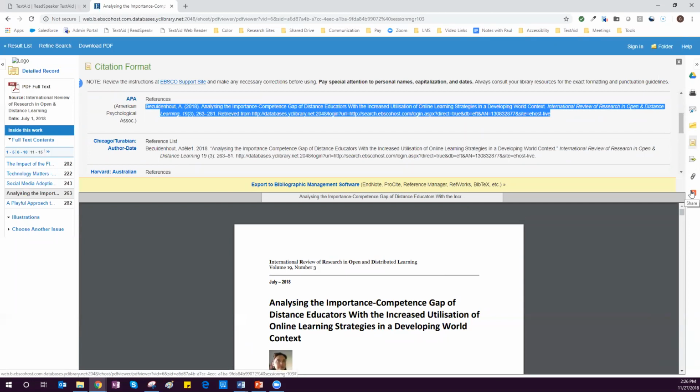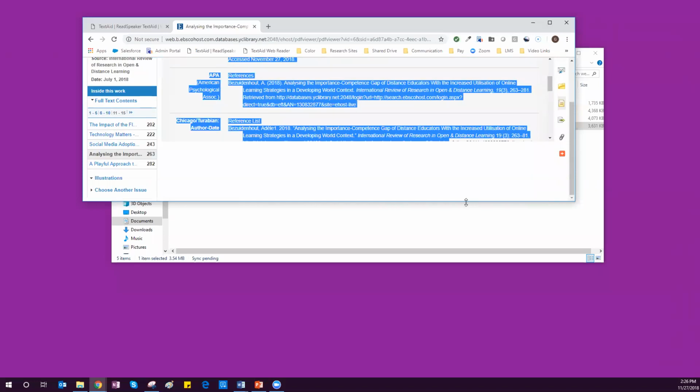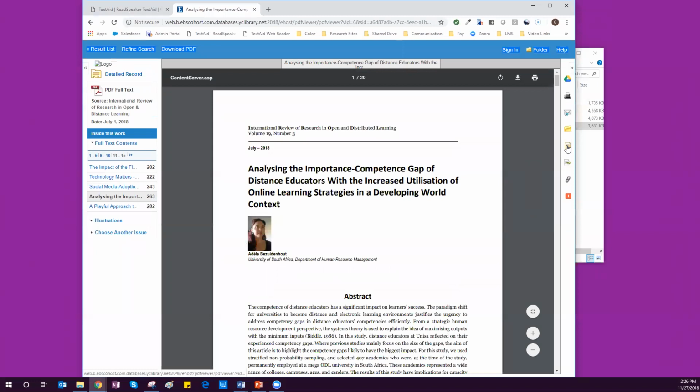So the first thing you want to do is get to the citation, which is this little sheet of paper on the edge. Is everyone able to see that? Let me pull this down just a little bit to make certain it's not getting cut off on my screen. It's this guy right here. And when I click on citation,